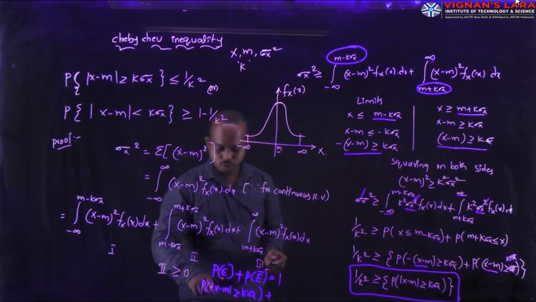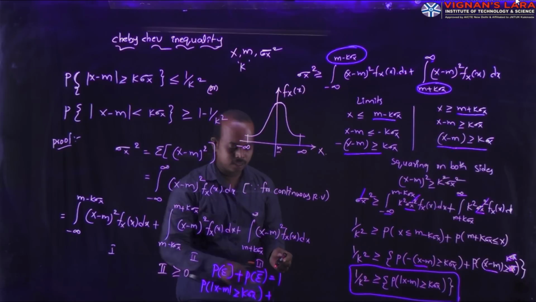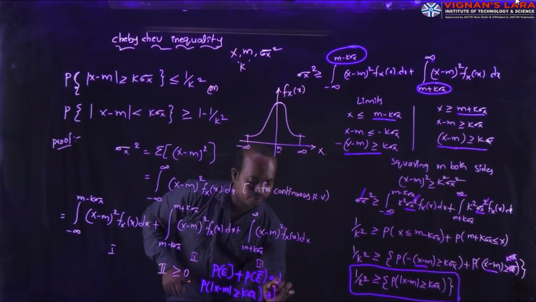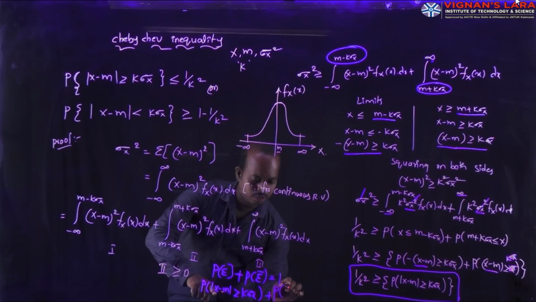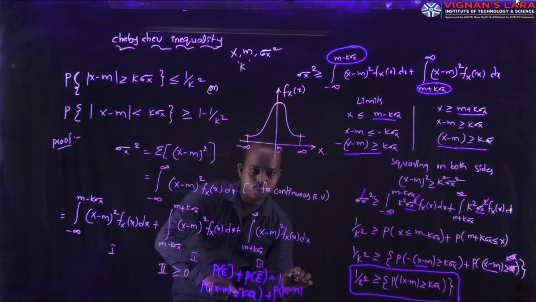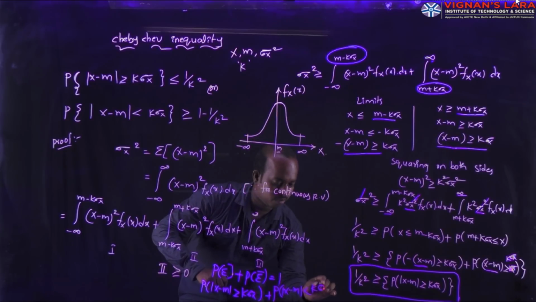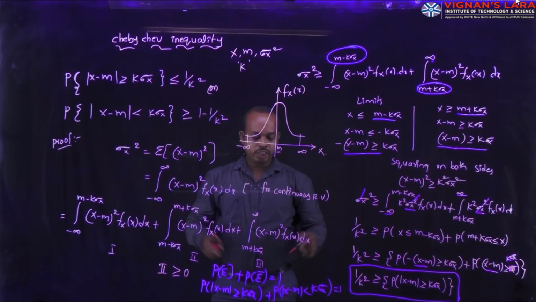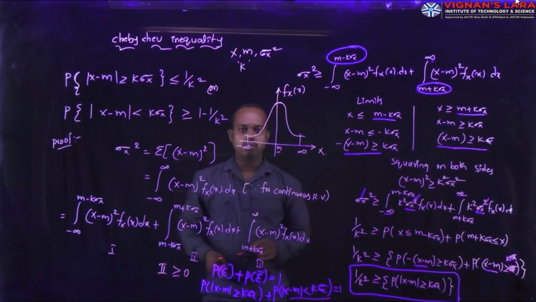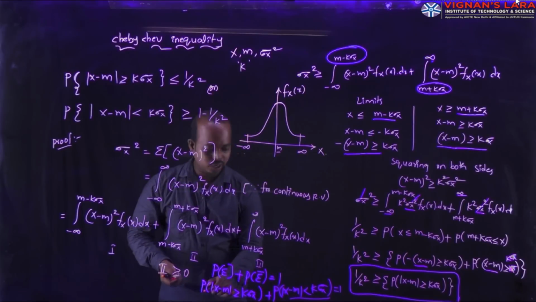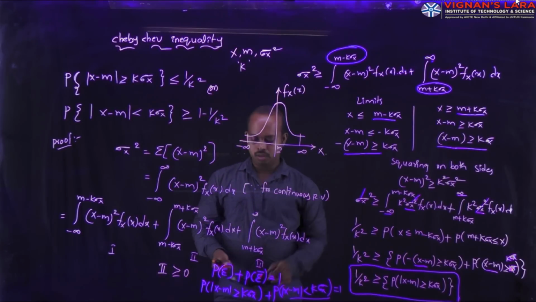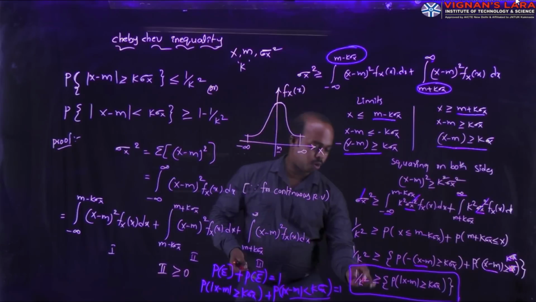Okay, here we can write the normal event plus its opposite event. The opposite event is P of the same term, x minus m modulus. Already we are using the two operations relating to comparison, greater than and equal. The remaining is less than k into sigma x, equal to 1. Now we need to obtain this quantity. The remaining part we can move to the right hand side. This quantity we have already obtained, the value is 1 by k square.